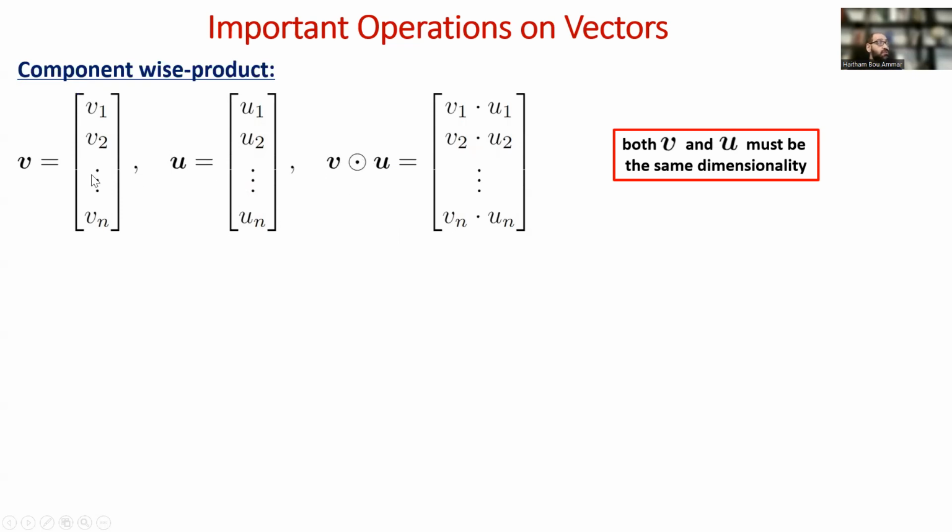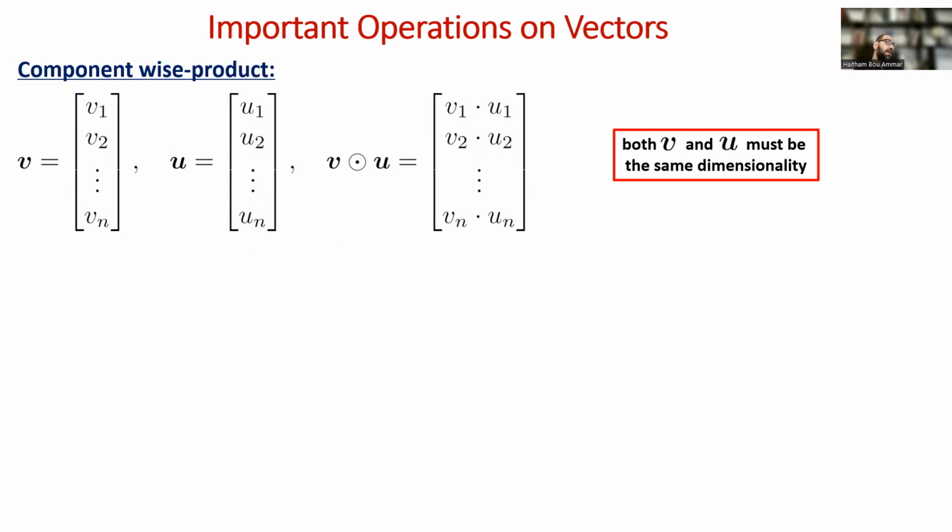two of them. So here, for example, if I have a vector v, v1, v2 up to vn, and a vector u, u1, u2 up to un, and then I write v circle dot u, it means that this is a component-wise product. As the name says, component-wise, you multiply the components together. So you get v1u1 as the first component, v2u2 as the second component, up to vnun as the last component. Now notice that because you do it component-wise, you get as an output of this operation